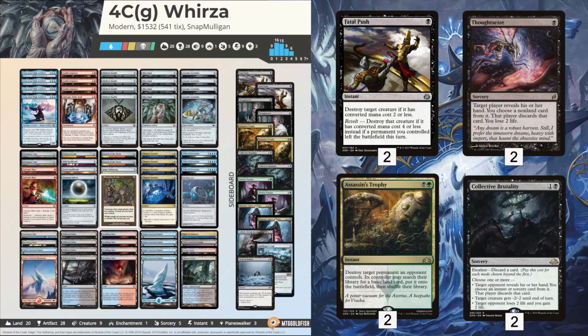Okay, to the sideboard. We've got 2 Fatal Pushes for early aggro and other troublesome creatures like Collector Ouphes and Kitesail Freebooter, Thoughtseizes for other combo decks and for sniping hate cards, Assassin's Trophy for pretty much everything, Collective Brutality is a megastar against burn and is extra discard for control matchups,